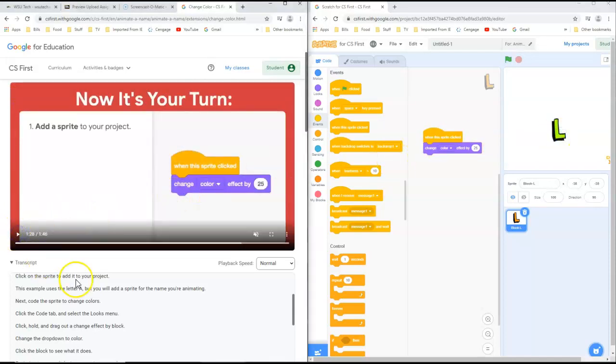Now at the end of each of the videos, it tells you what you need to do. You can do just exactly what this video is telling you to do, or you can go out on your own and make some changes. Once you have your sprite coded the way you want it to, you can move it around. So you can put it on the page where you want it to go, and then go on to your next one. For each one of your letters, you should choose